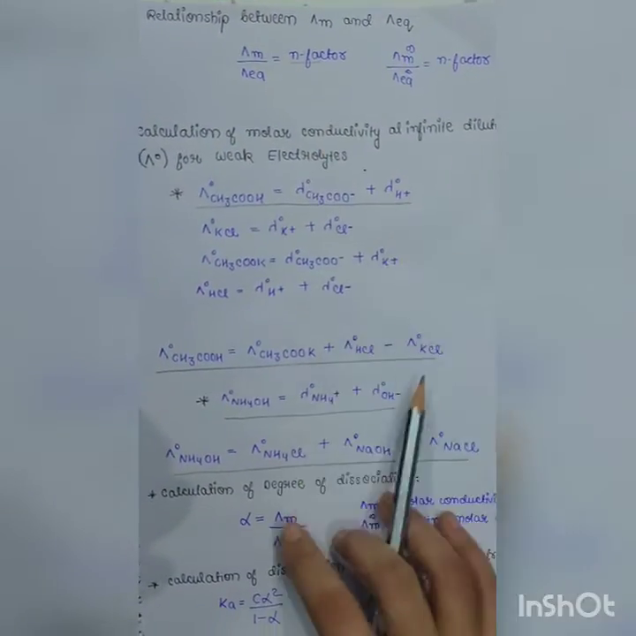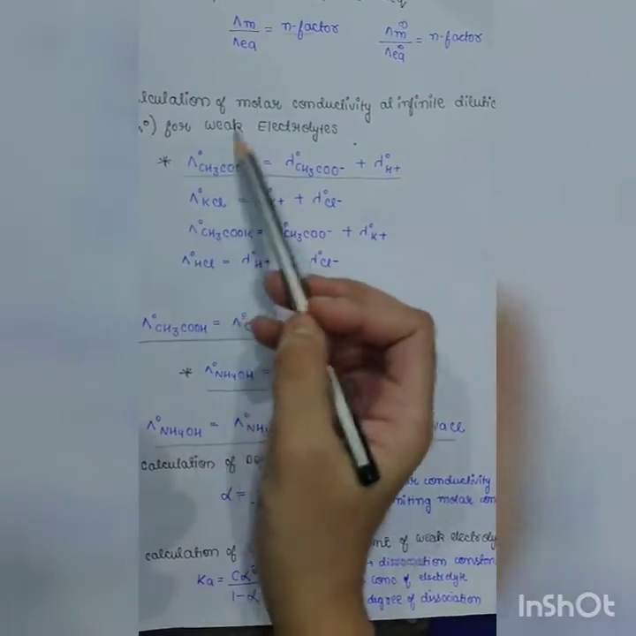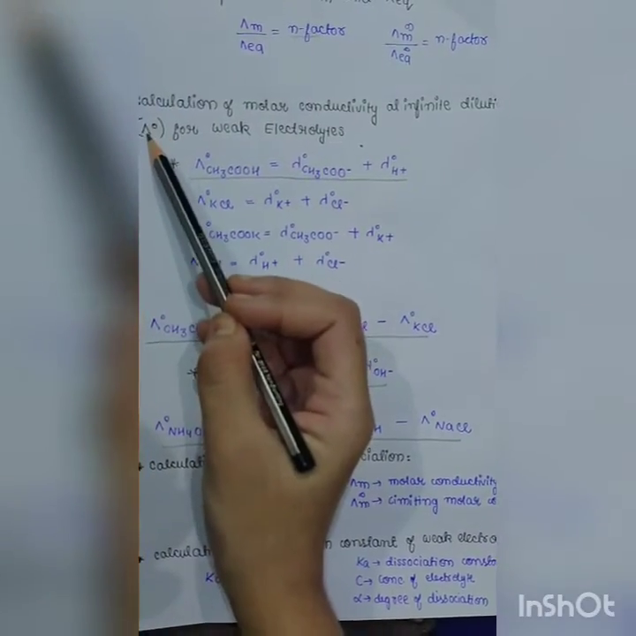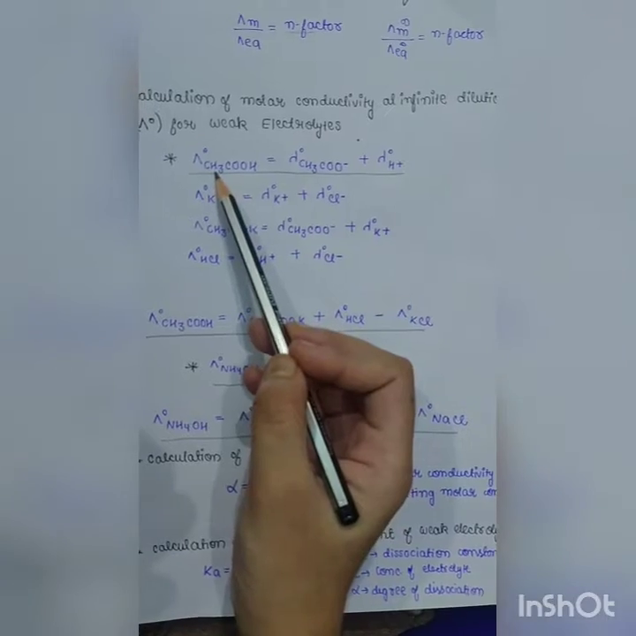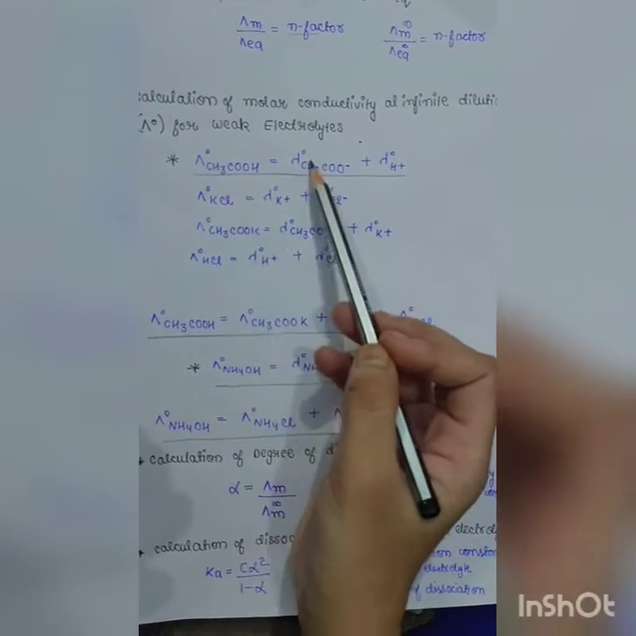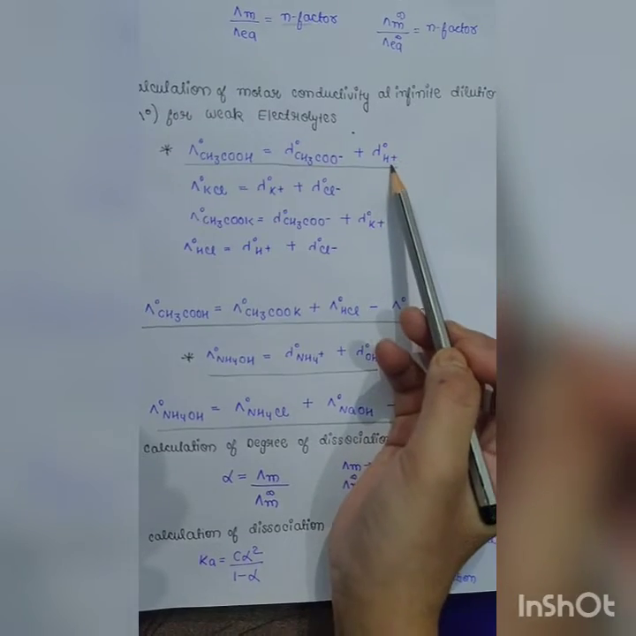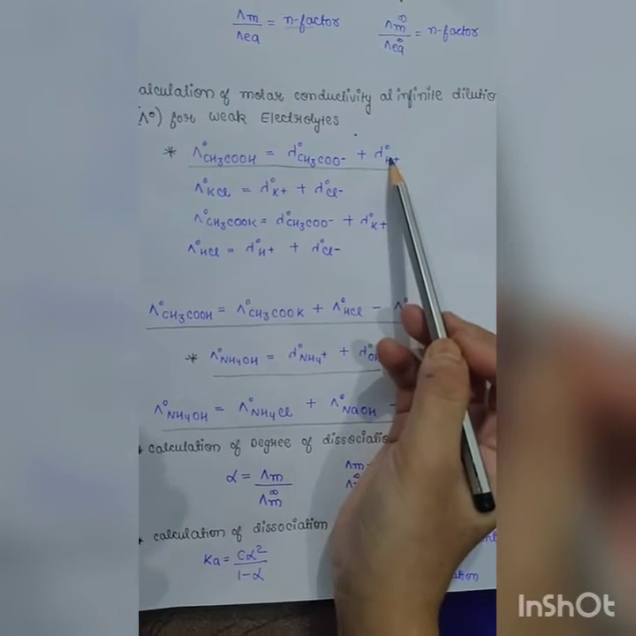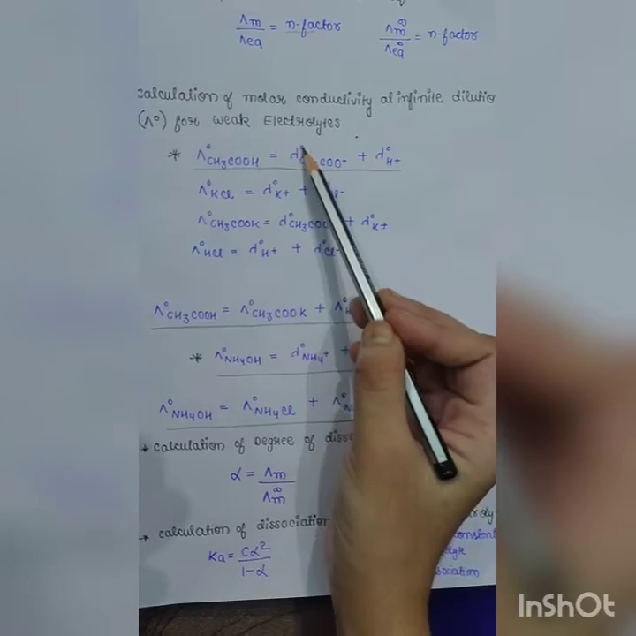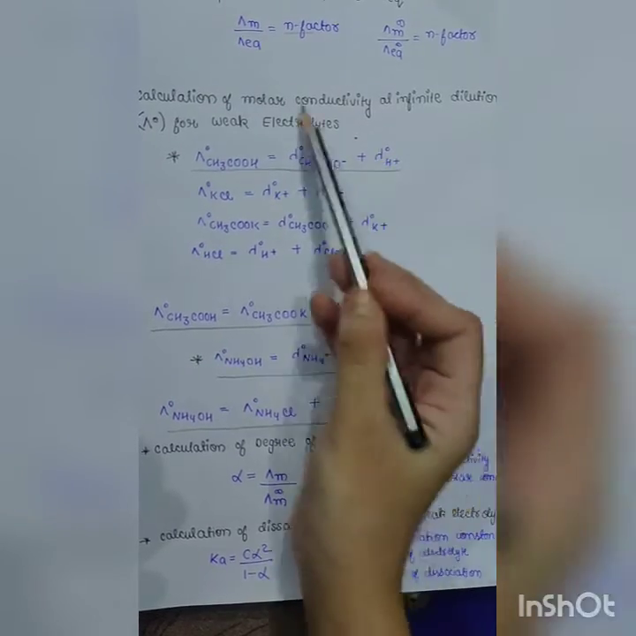Next is calculation of molar conductivity at infinite dilution. Infinite dilution means at zero concentration for a weak electrolyte. For example, if we are considering acetic acid, this will be the limiting ionic conductivity of the acetate ion plus the limiting ionic conductivity of the H+ ion. Now we don't know these values because for a weak electrolyte, finding the limiting molar conductivity from the graph is not